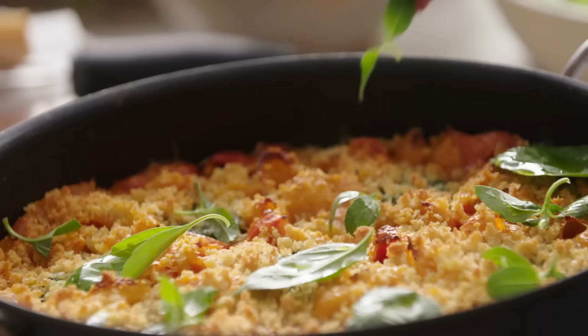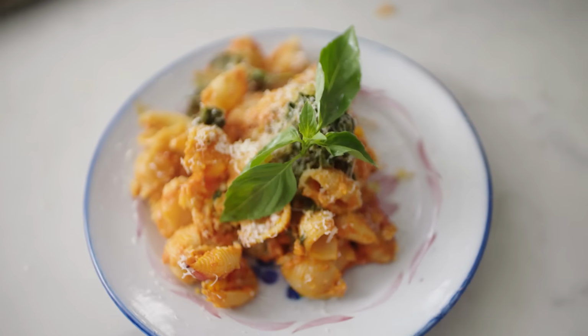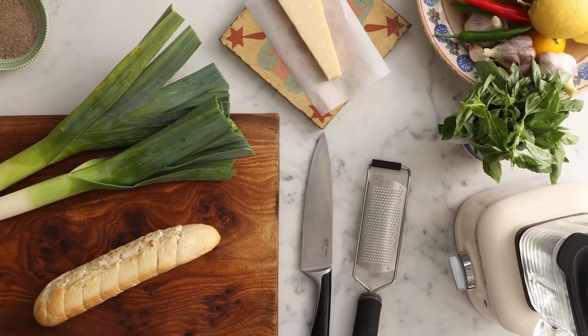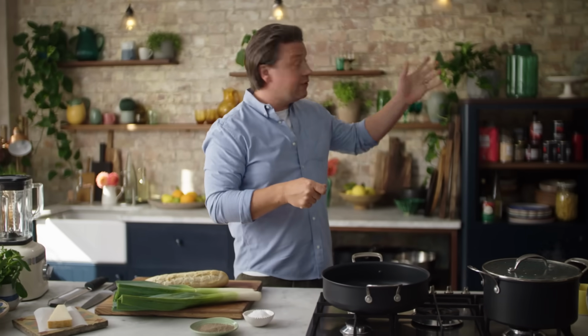I'm going to show you how to make the most delicious, straightforward pasta bake with sweet leeks, tomatoes, basil, parmesan, and the most amazing garlicky crumb. We're going to do a big batch of it. You could either feed loads of people, or you could portion it off, put it in the fridge or the